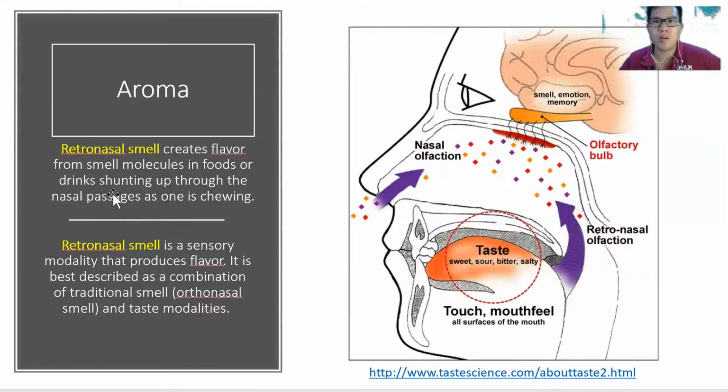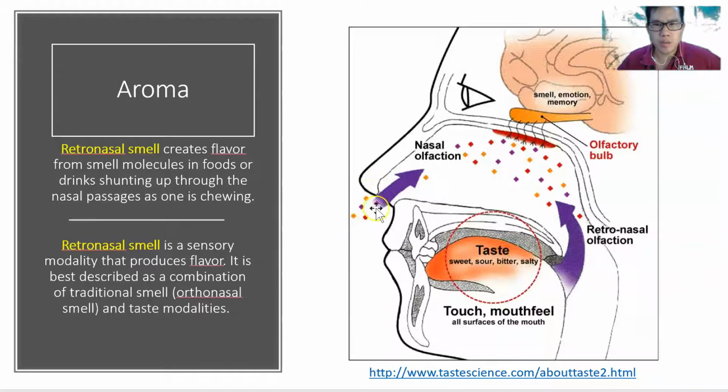Aroma is a kind of smell. Basically the food has what we call volatile molecules. These volatile molecules come to your nose more actively when it's warm, because of the kinetic energy. When the smell molecules go into your nose, they interact with the receptor over here. When they react with the receptor, it sends a signal to your brain and tells you what kind of smell that is.